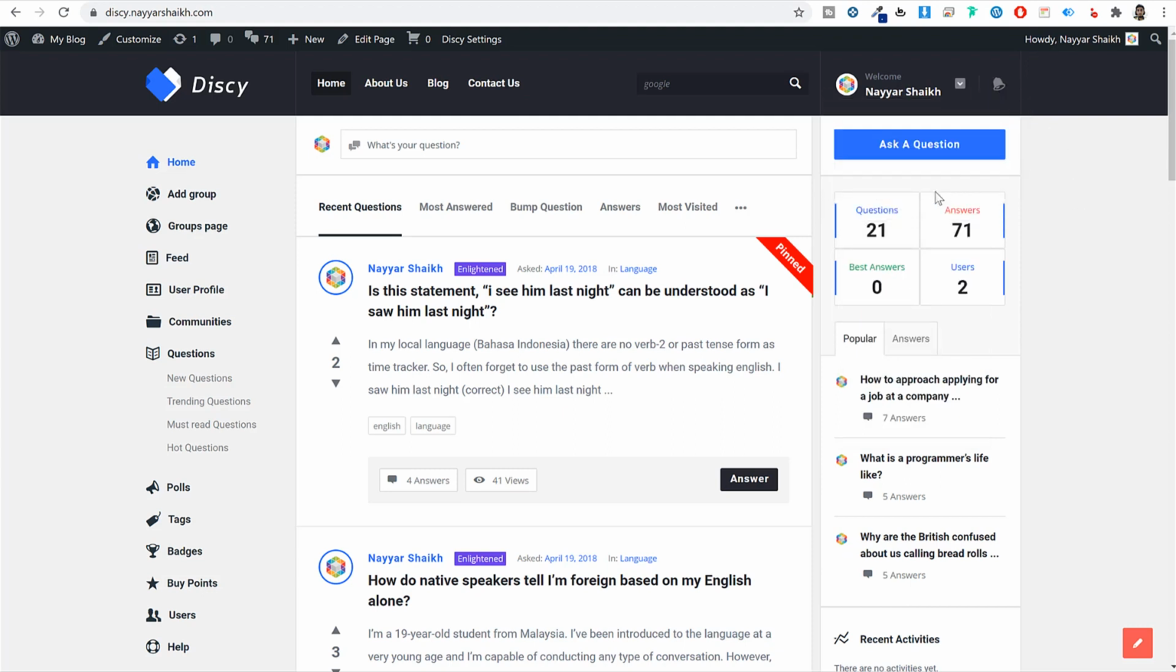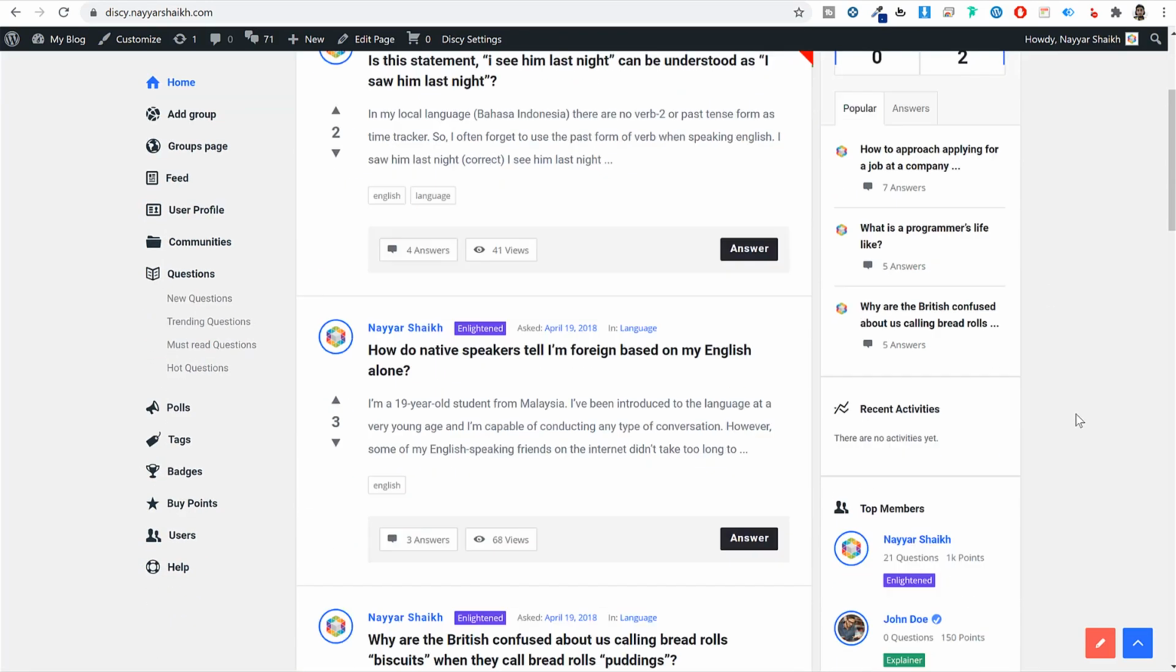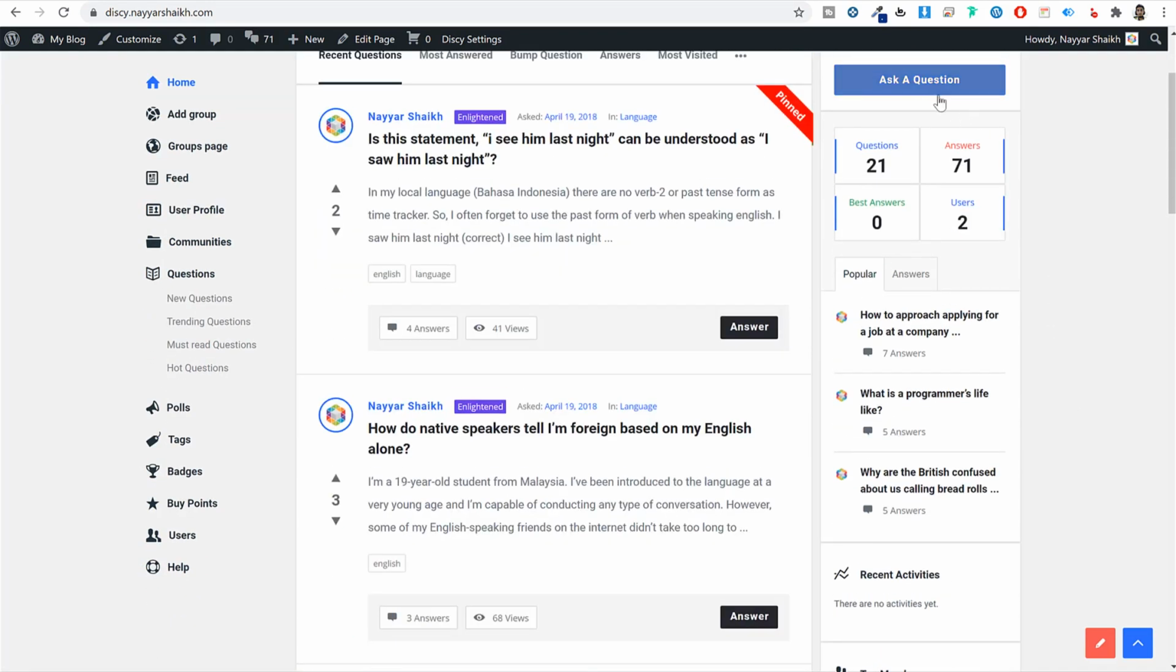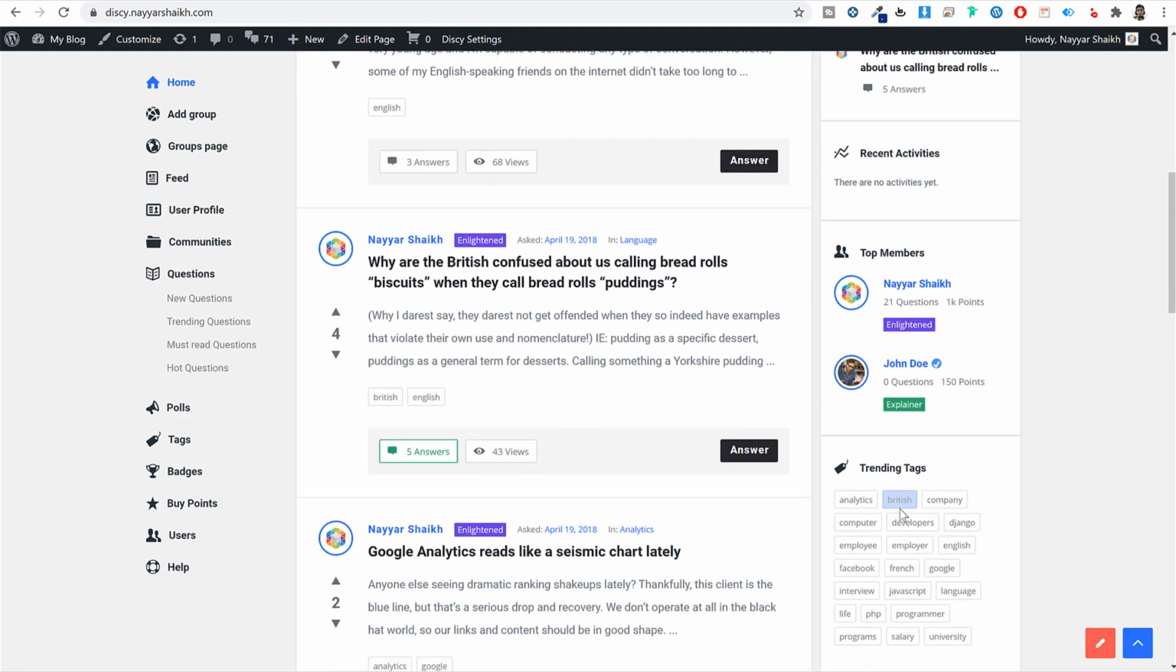Then we have the content layout. In the content layout, as you can see at the left hand side, we have these important links, and I have added these different icons with these lists. Then at the right hand side, we have some important widgets over here. So as you can see, ask a question widget, some statistics, some popular questions, recent activities, top members, trending tags,